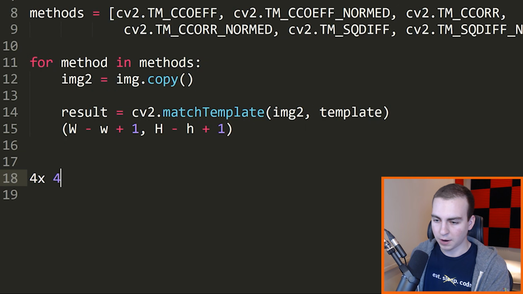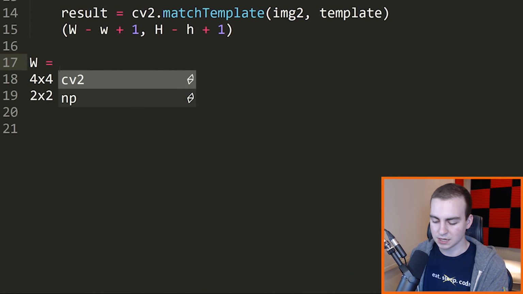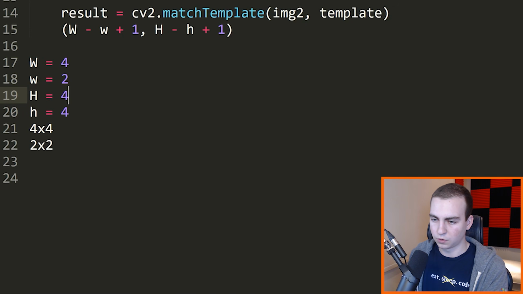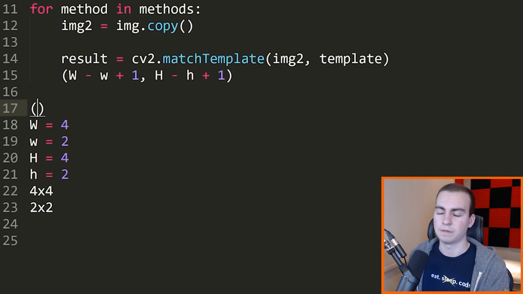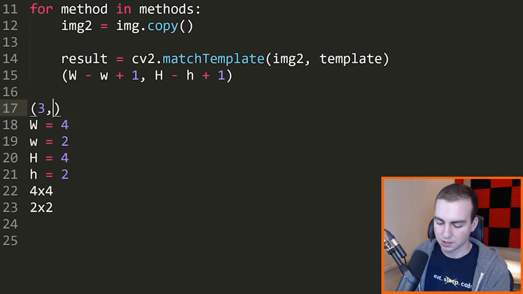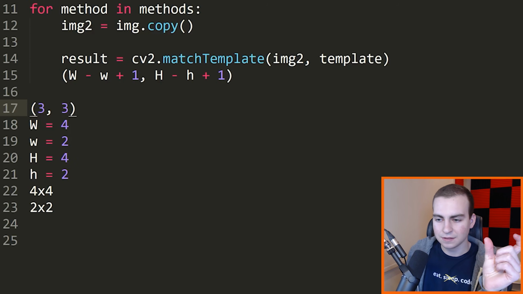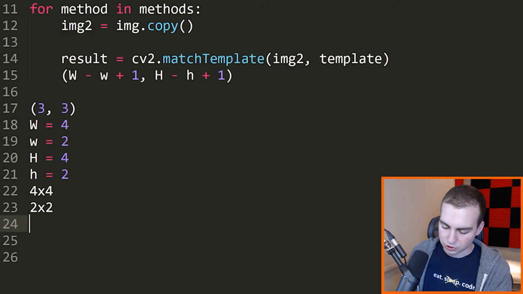Now, let's do a really basic example. Let's say we had an image that's 4 by 4, and then a template image that's 1 by 1. Actually, this is probably going to be a bad example. Let's say we had a template image of 2 by 2. So this means W is equal to 4, lowercase w is equal to 2, H is equal to 4, and lowercase h is equal to 2. If we run this equation, the dimension of our output array is going to be 4 minus 2 plus 1, which is 3, and 3. The reason we get 3 by 3 is because that's the number of times we can slide this image in the x direction and in the y direction. Let me try to do a little bit of an illustration here.